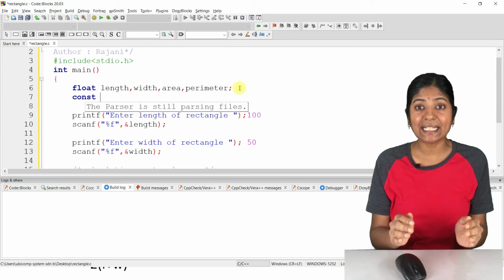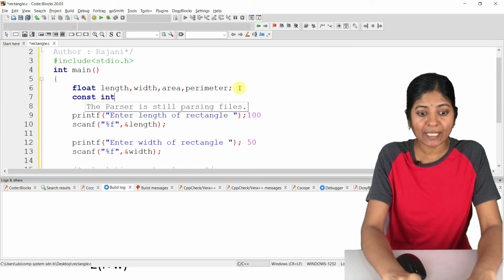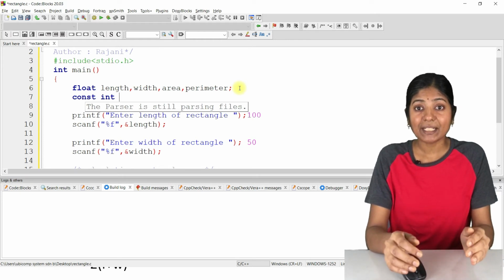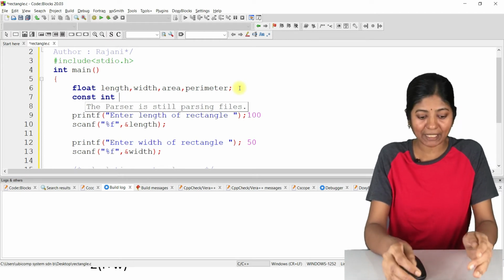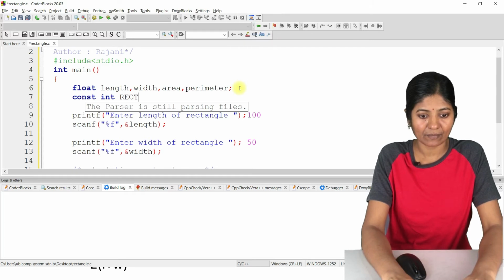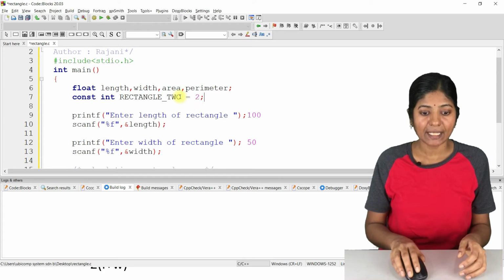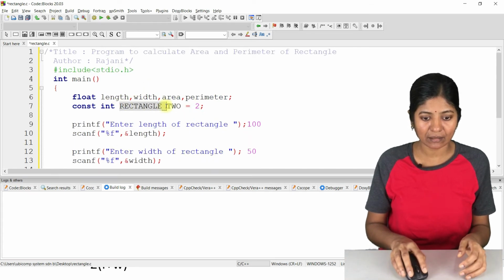As 2 is an integer value, we need to take the data type int, and we know that while naming the constant we need to use capital letters. If there are 2 words we need to use an underscore. We need to assign this constant the value 2. Now we need to use this